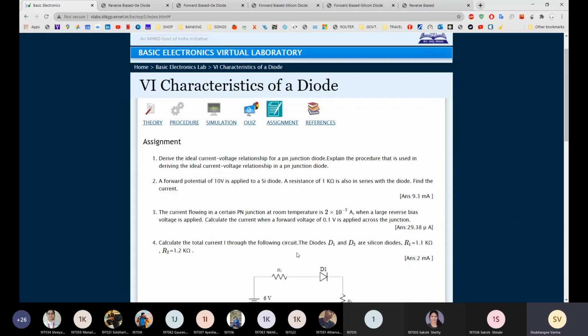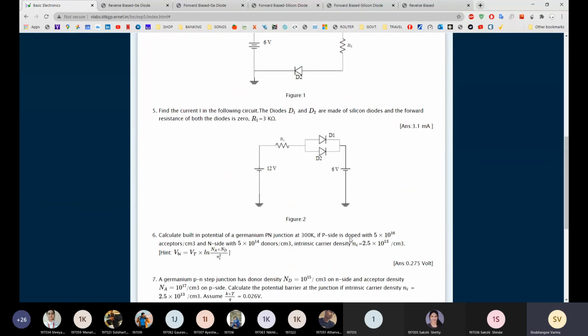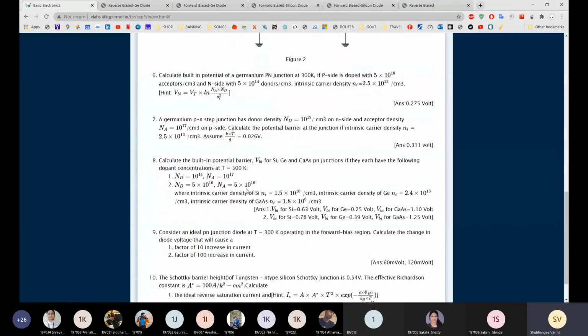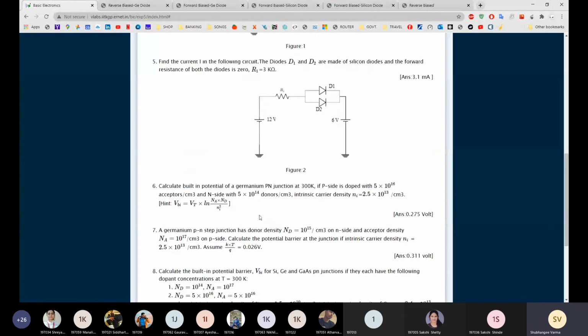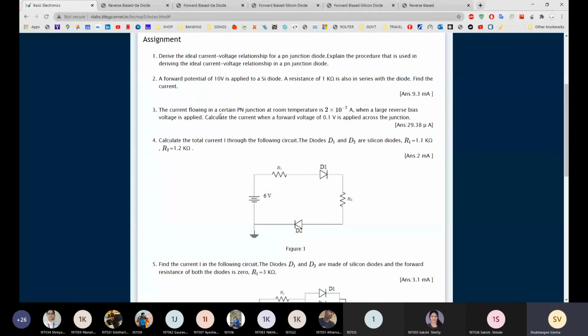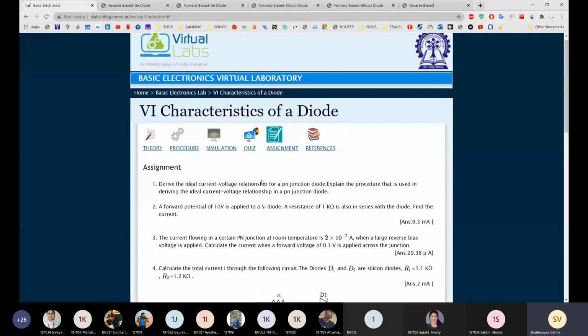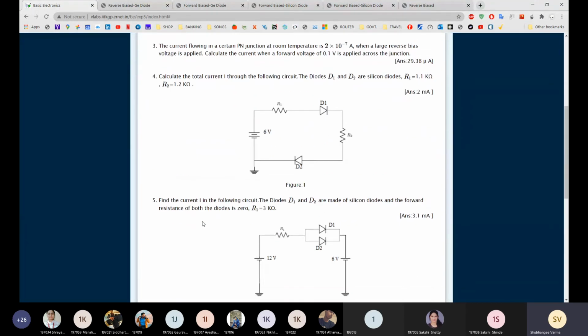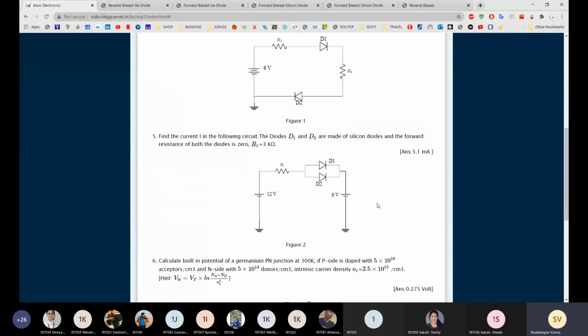We have seen this example, okay? So solve these kind of questions, and do not solve this one also. Hint is also given, but no need to solve this. Only solve question number 2, 3, 4, and 5. Solve these 4 questions in your notebook. Only 4 questions you have to solve.